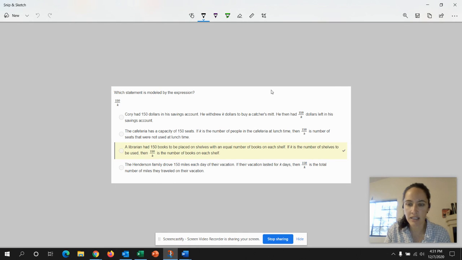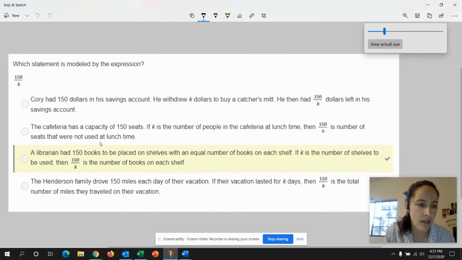19, 18. All right. So which statement is modeled by this expression? So these are kind of hard to think about. The librarian had 150 books to be placed on shelves with an equal number of books on each shelf. If K is the number of shelves, then that would be on each shelf. Just try to read them, try to make them make